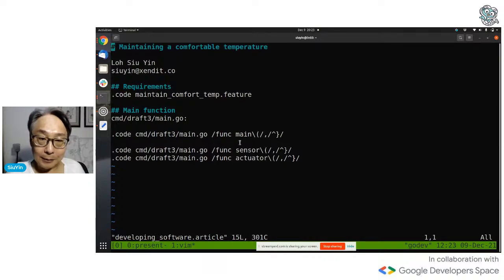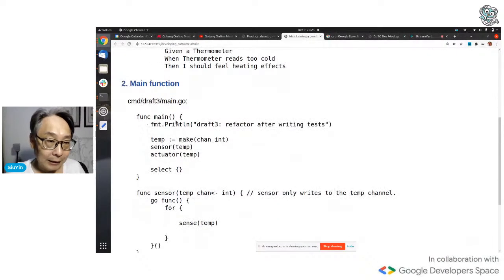Start displaying from the main function and end displaying when you have the close brace. Let's see. Start displaying at the main function, end displaying at the close brace. What does this do? It means if I change my source code, this documentation is automatically updated.